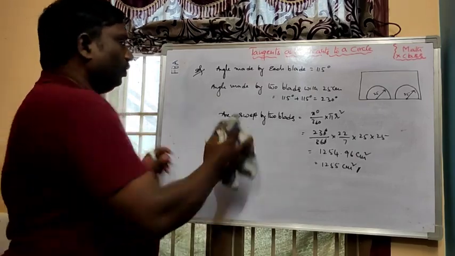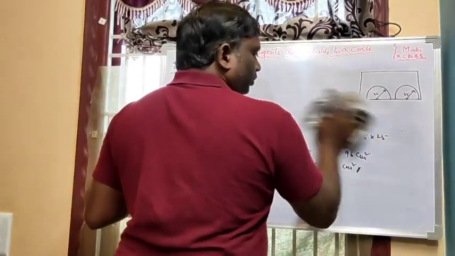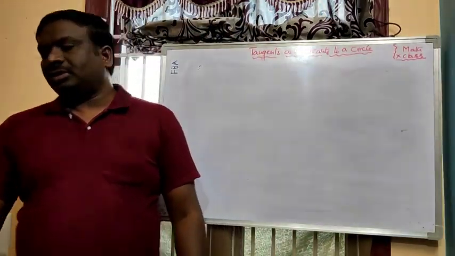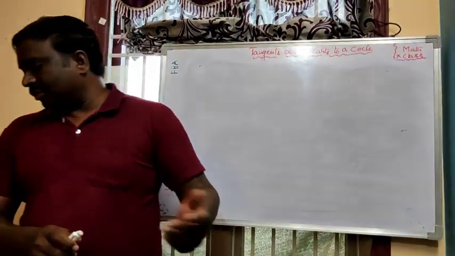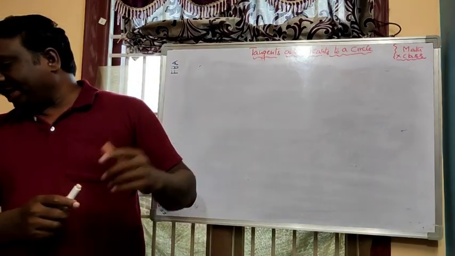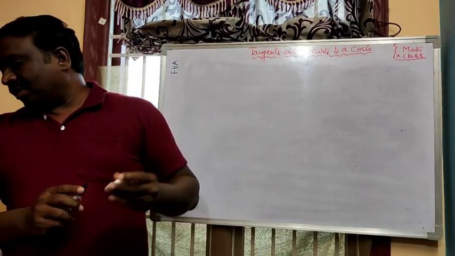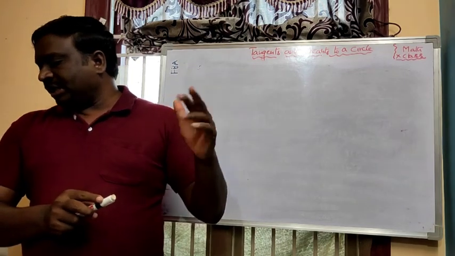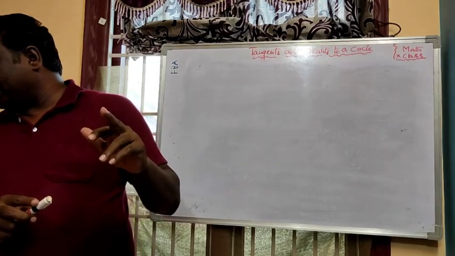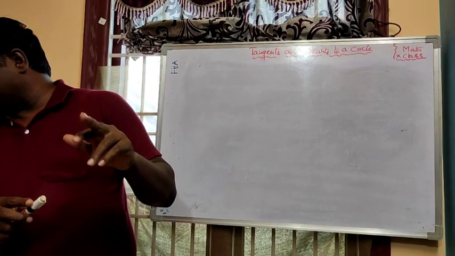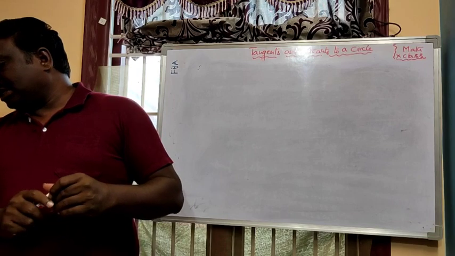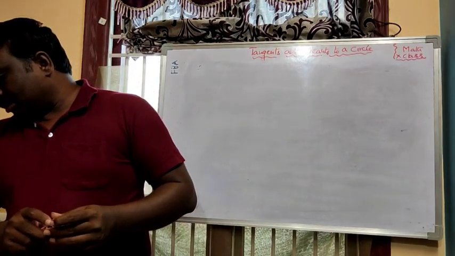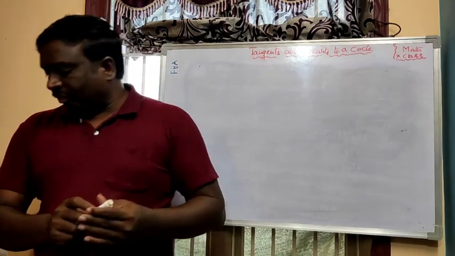This is the second question, third question, and the fourth question is also one of the important questions. I am reading the question only once. If you read the question twice or thrice, then definitely you can understand it. These are word problems. Find the area of the shaded region in the figure where ABCD is a square of side 10 centimeter and semicircles are drawn with each side of the square as diameter. They gave the diagram here. Here we need to take the pi value as 3.14.